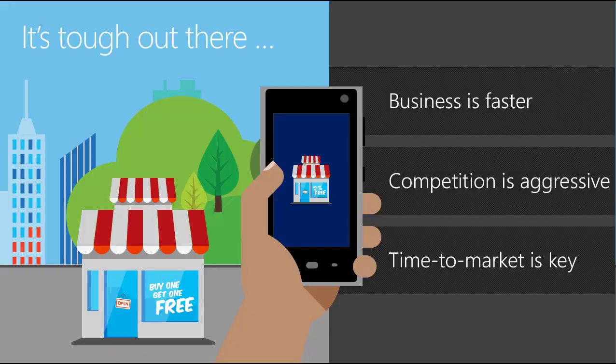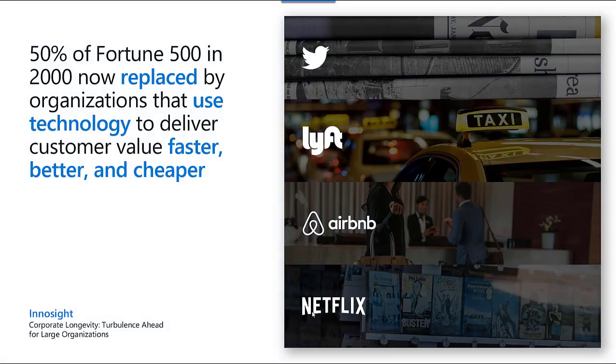Let's see an example. For those who don't know about the Fortune 500, there is a magazine in the US that lists the top 500 companies based on fiscal year revenue. 50% of these companies have gone. They don't exist. They have been replaced by companies that use technology to deliver customer value faster, better, and cheaper. If anyone remembers or knows the Blockbuster company,